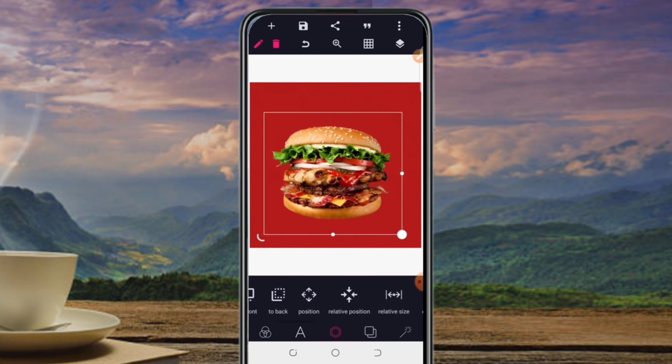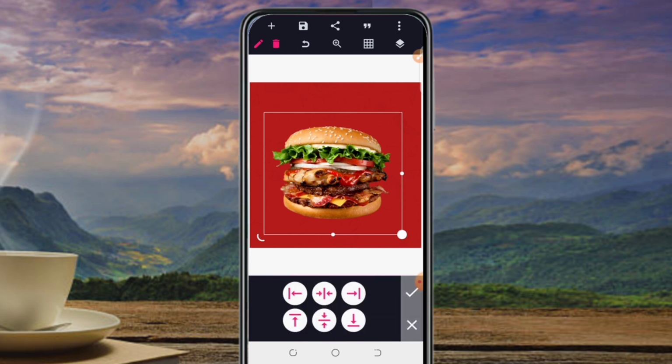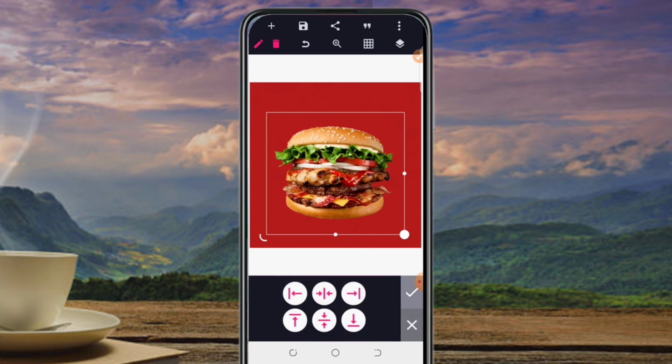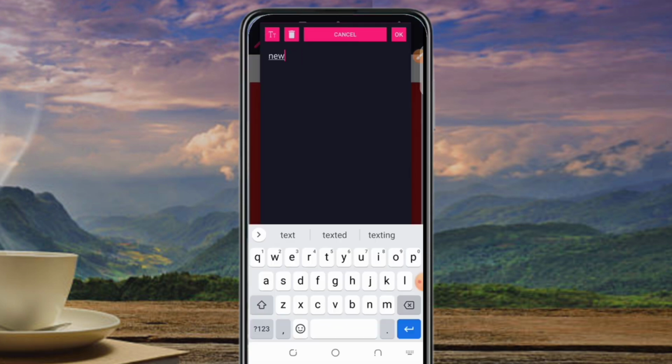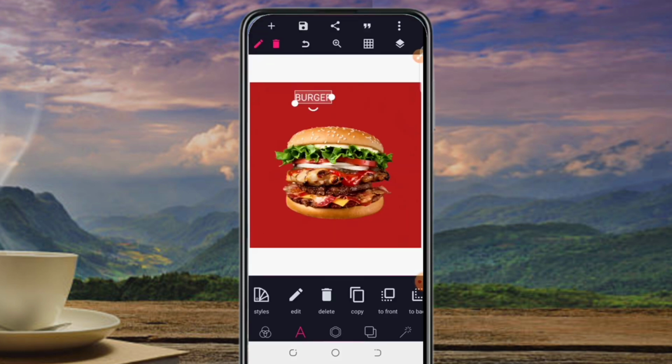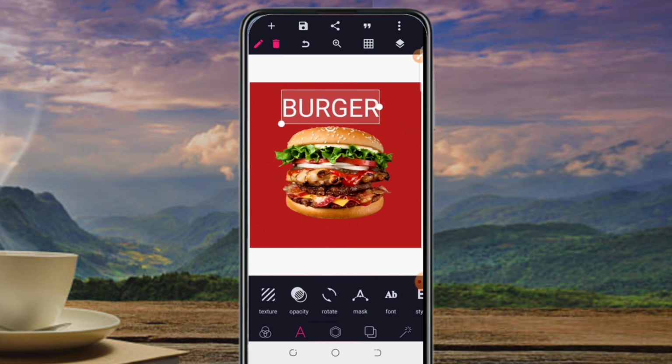I'm going to use relative position just to position it in the center, right? So it's now in the center. Now I'm going to type in burger, capitalize it, increase the size, and change the font